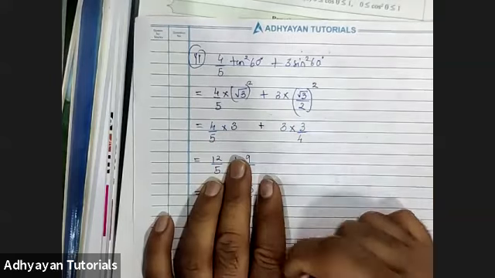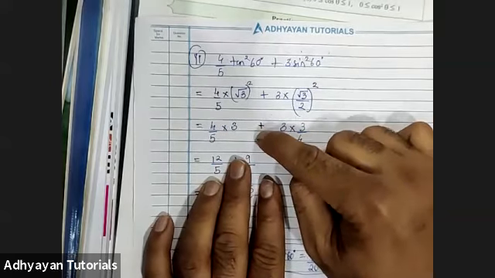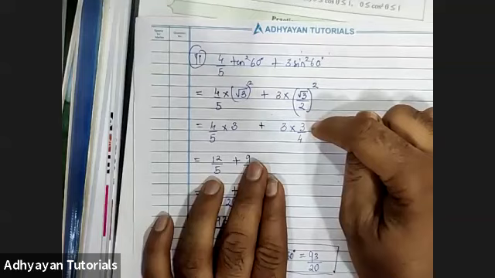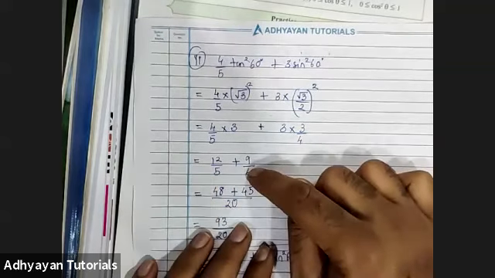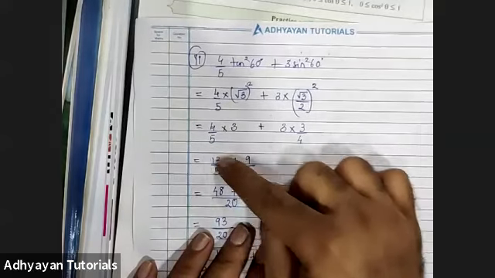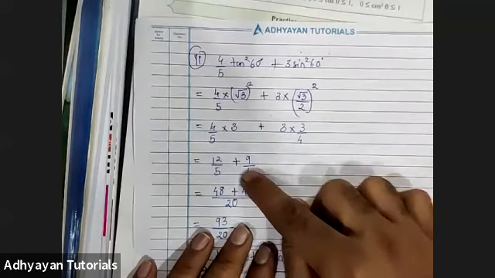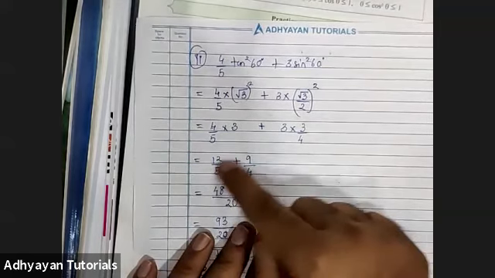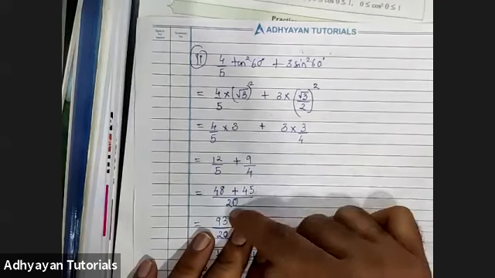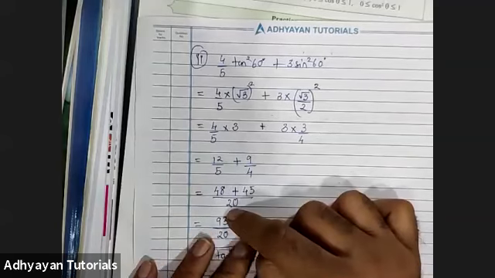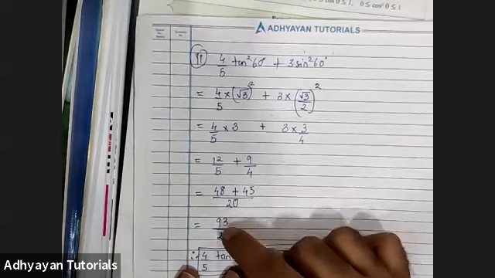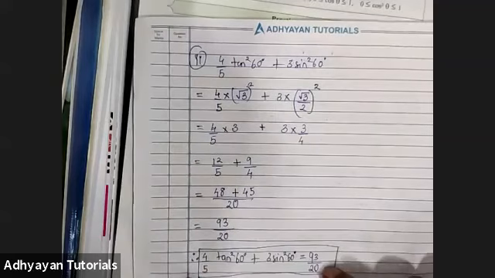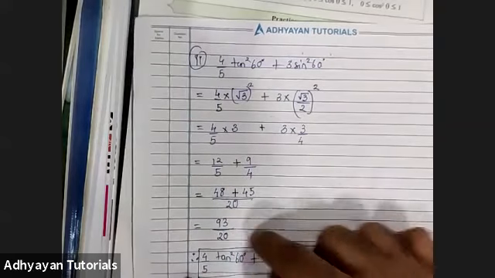अच्छा, तो यहाँ पे मैंने लिखा 12 और नीचे डिनोमिनेटर में ऑलरेडी 5 था तो 5 लिखा। फिर यहाँ पे कौन सा ऑपरेटर दिखाई दे रहा है? प्लस हाँ, तो प्लस लिखा। देन 3 into 3, 9, 9 upon 4, so 9 upon 4. Then I just cross multiplied 12 into 4, 48, फिर बीच में जो साइन होता है वो लिखते हैं, फिर हम दोनों ऐसे मल्टीप्लाई करते हैं 5 9, 45, और फिर नीचे वाले दोनों को मल्टीप्लाई करते हैं। That is how we do the cross multiplication. So 48 plus 45 is 93 upon 20, and that is your final answer because I cannot further reduce it. Okay sir.